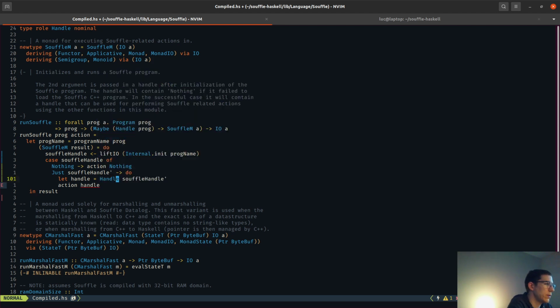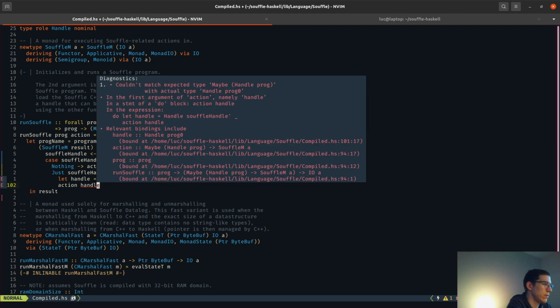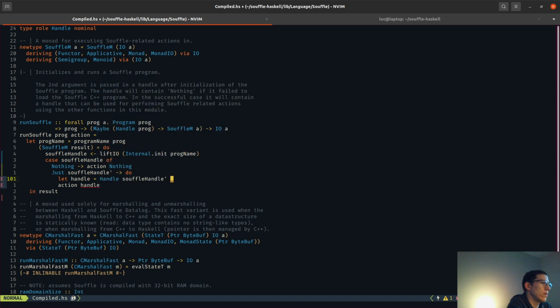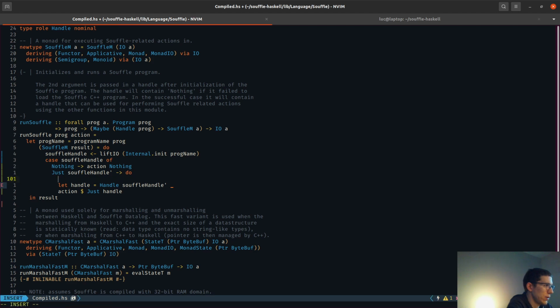Okay, now it wants the mvar. Still not happy. Oh, yeah, here we need just the handle. So we can probably refactor this later, like maybe do this. We can refactor that probably even further, but let's wait with that until we have it compiling. So now we need an mvar, so mbuff data,